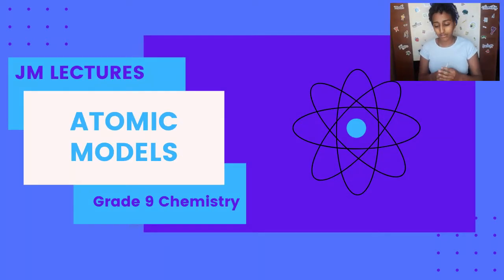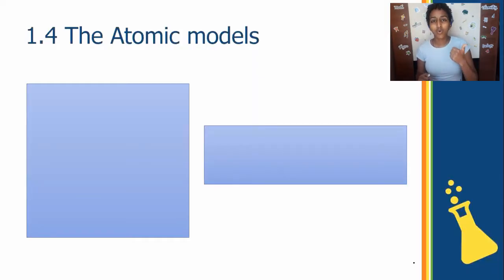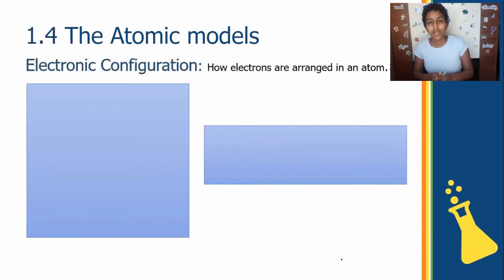Of the atomic models. In the previous part, we went over the quantum mechanical model. Going hand in hand in understanding how atoms work is something known as the electronic configuration. Protons and neutrons aren't much of a mystery, they're just there in the central dense nucleus. It's electrons that are very hard to track.